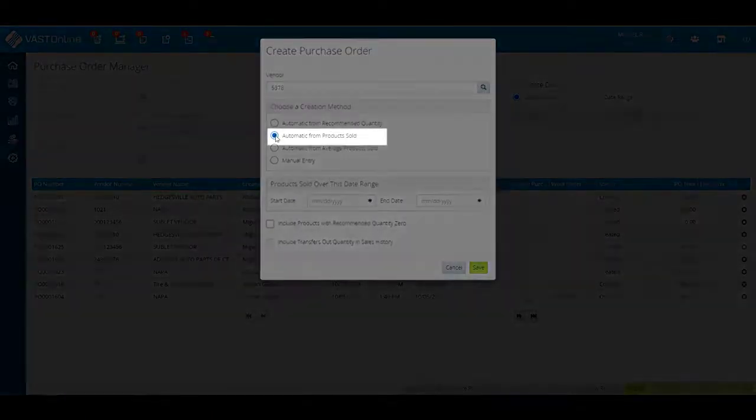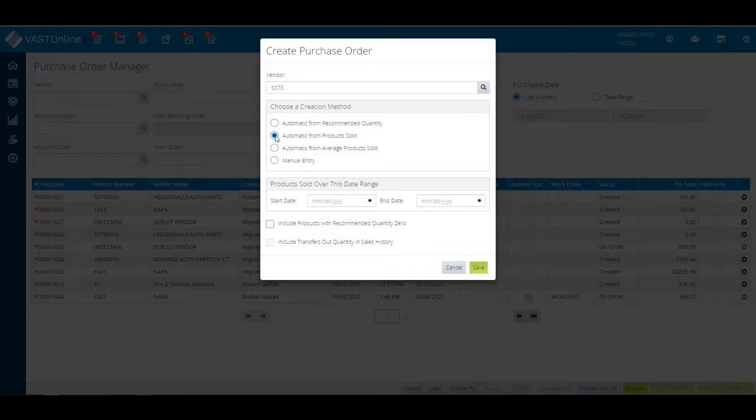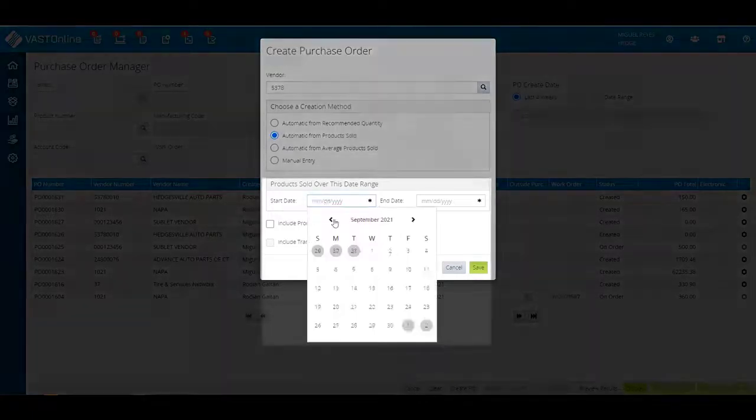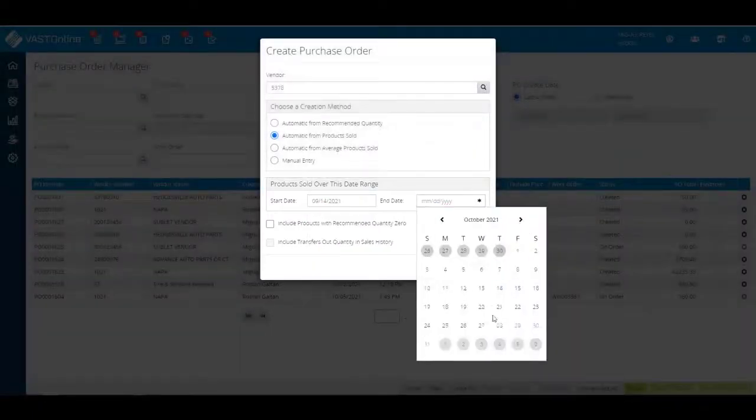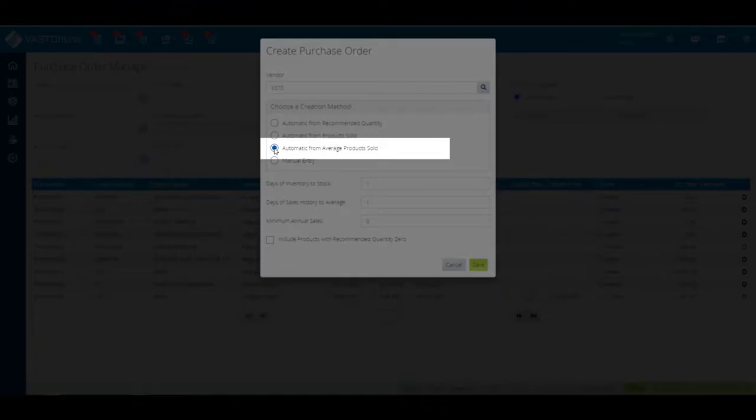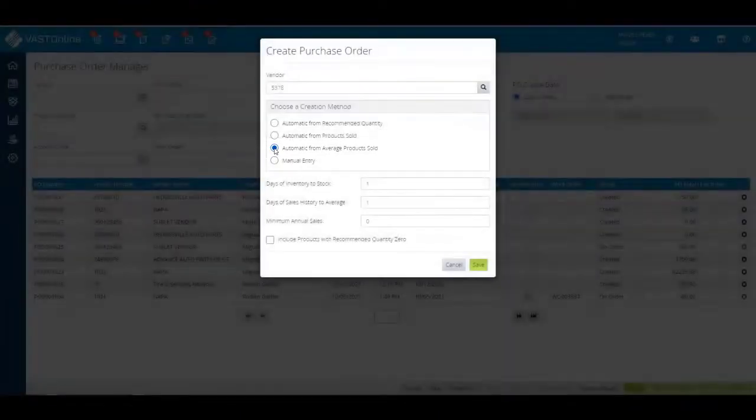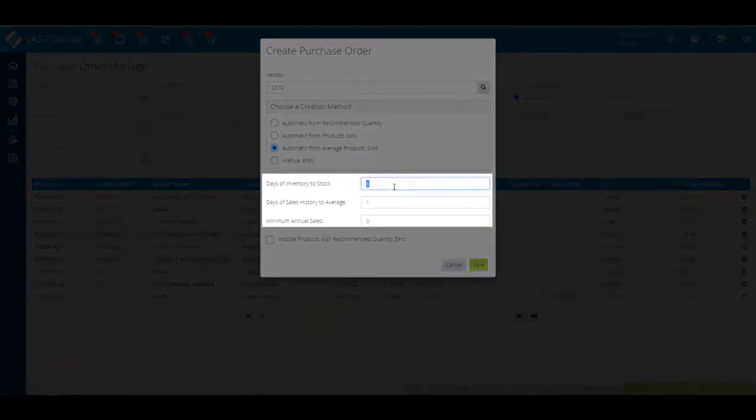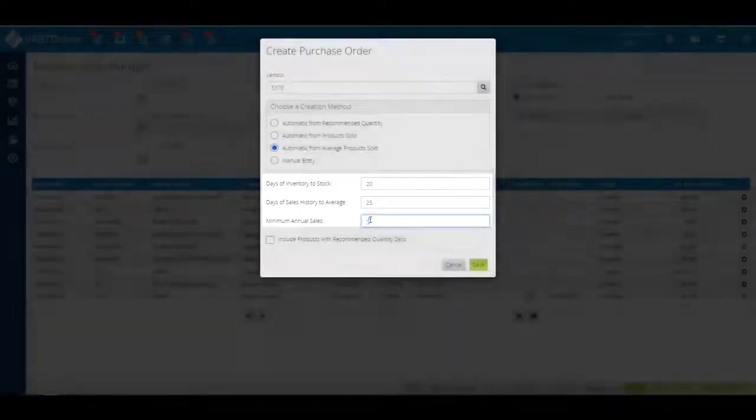Automatic from product sold. It generates a purchase order with the products assigned to the vendor that have an insufficient quantity on hand. If you select this method, enter the start and end dates for the date range. Automatic from average products sold. It generates a purchase order based on the average number of products sold during the days of the sales history. If you select this method, enter the days of the inventory stock, days of sale history average, and minimum annual